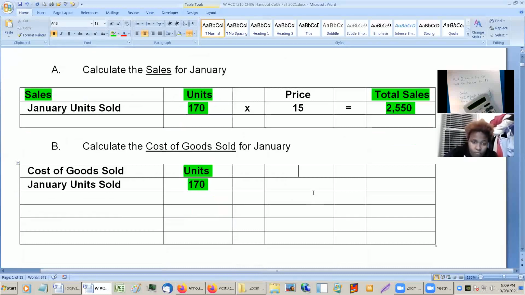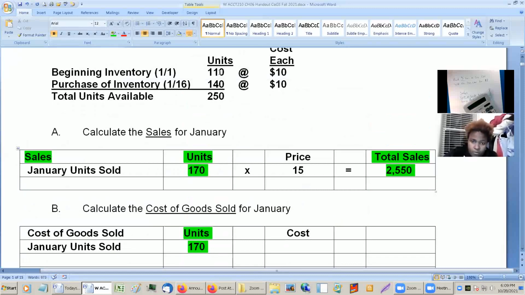Now, we're not looking at the selling price, we're looking at the cost for those, which is $10. So these are the costs. They're all $10. So we multiply this by the cost of $10. 170 by 10. 1,700. So this will be the total cost